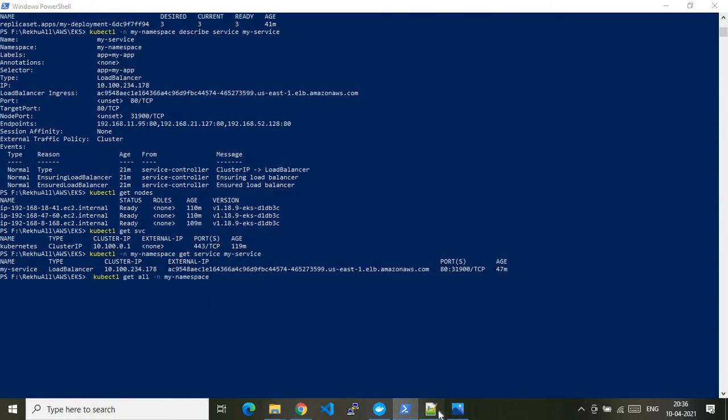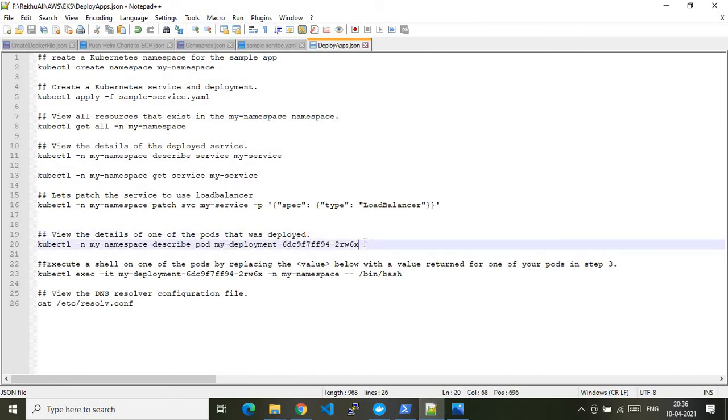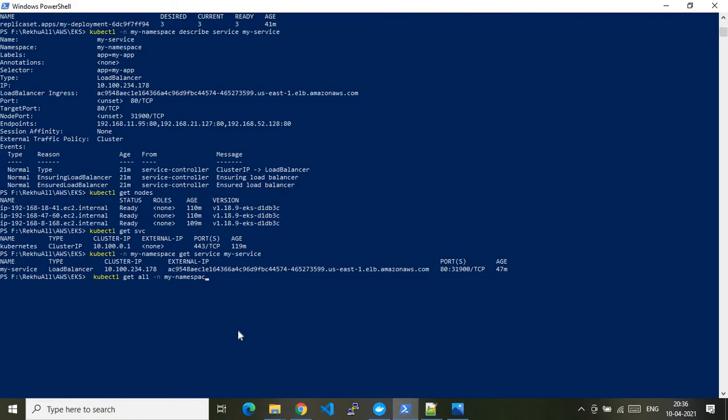I have not copied it, so let me copy again. This is how you need to work with a pod using kubectl. Here I'm running the command kubectl with the namespace, then describe, then the pod, describing my pod. You can describe your service, you can describe your namespace. These follow the same hierarchical syntax of your command. Let me run this command so that we'll get the description of our pod.